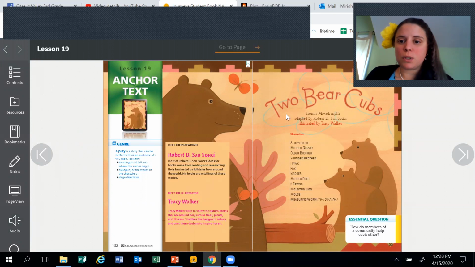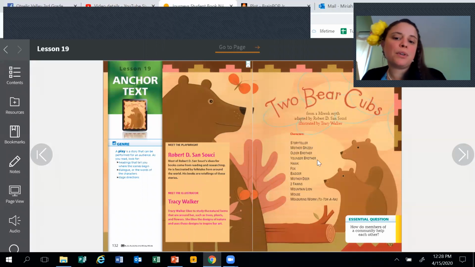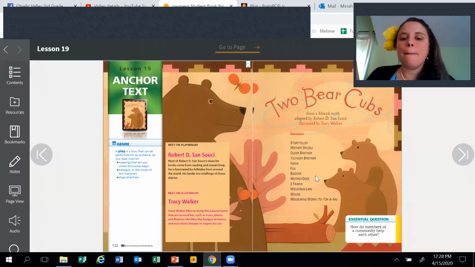So the title of this book is Two Bear Cubs. It is a Miwok myth from Robert D. Sansoshi, illustrated by Tracy Walker. And this has different characters, so it's actually a play. We got the storyteller, Mother Grizzly, older brother, younger brother, hawk, fox, badger, mama deer, two fawns, mountain lion, mouse,